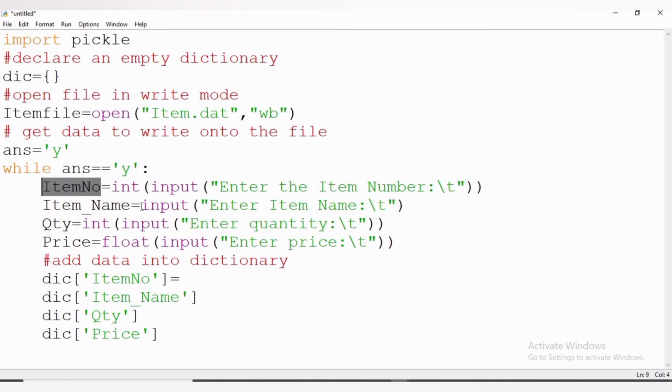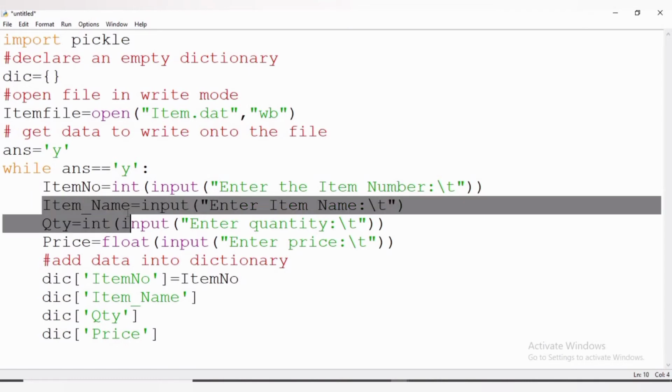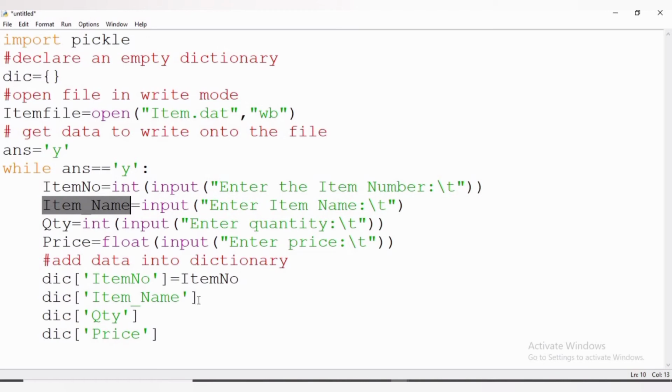Now item number is copied. Then item name. Now we'll paste quantity. Then we'll paste price.